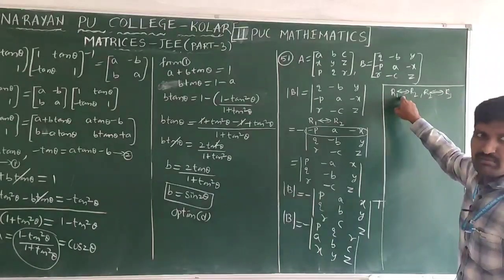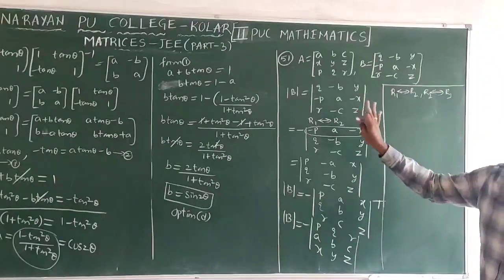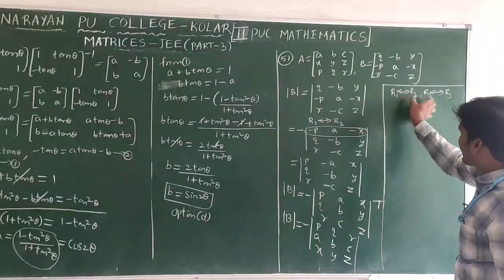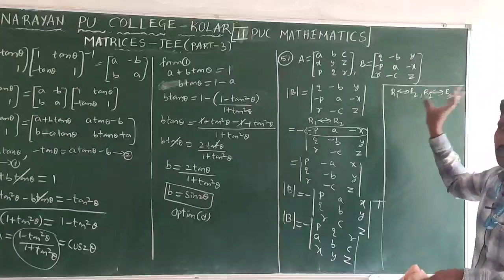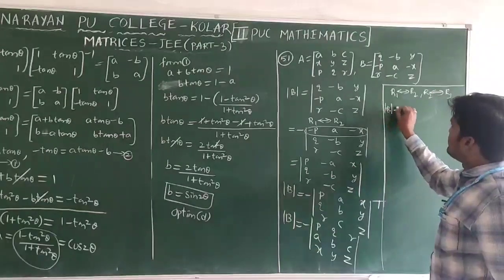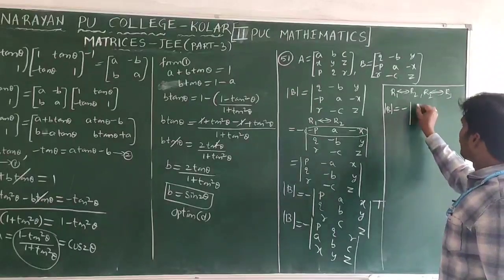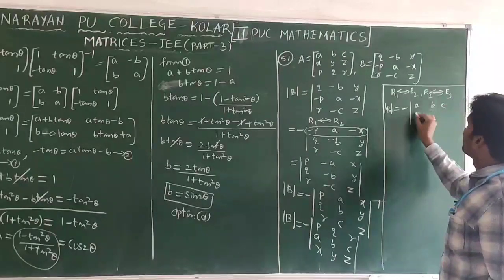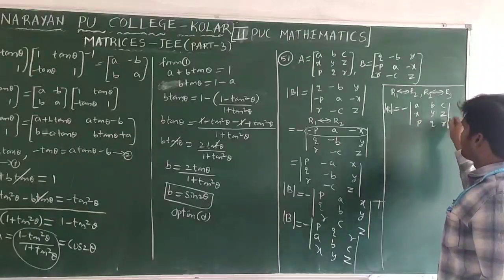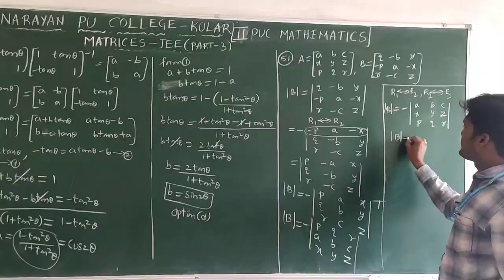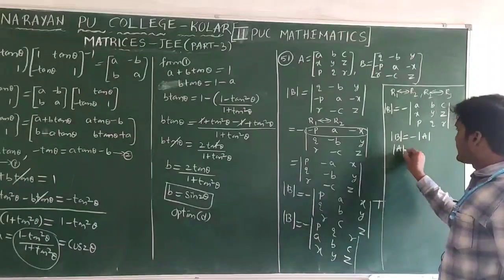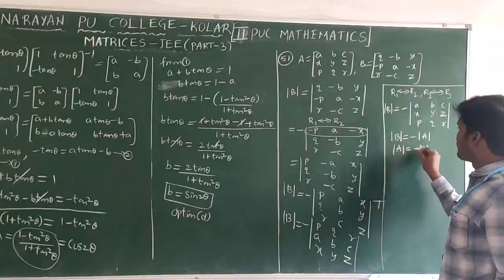Here one minus will come, here one minus, minus of minus is plus. This minus is as it is, no changes. For these two interchanges, minus minus becomes plus. The original minus as it is will be there. Det B equal to minus det of what will you get? ABC, XYZ, PQR. Now clearly from this what will you write? Det B equal to minus det A, or det A equal to minus det B.